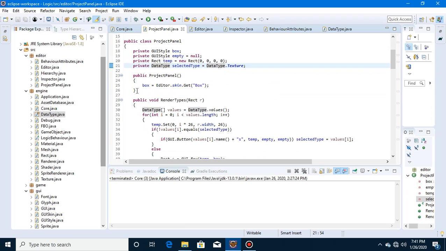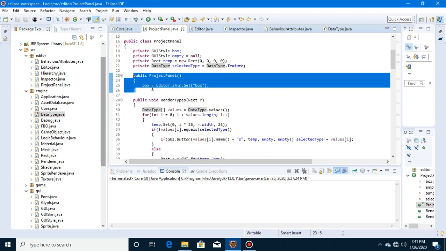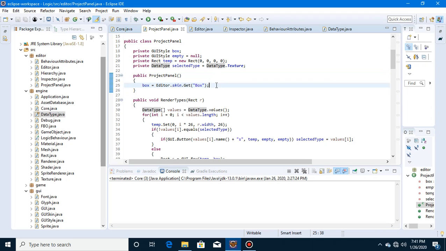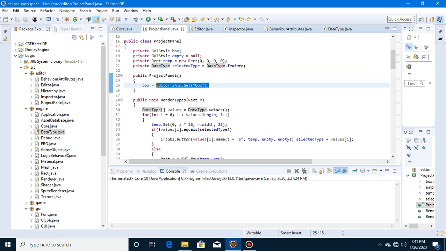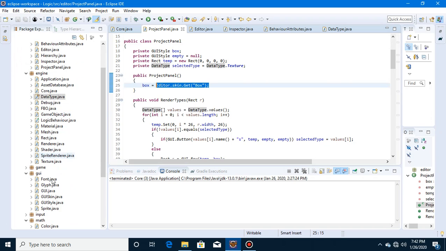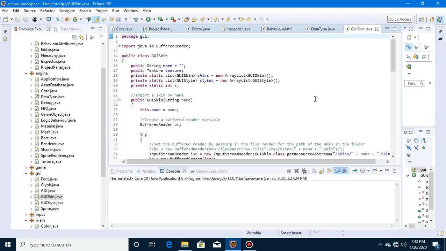So in the constructor, all I'm doing is getting the box, and I might want to show that as well, because that's something that was changed as well. Let's see here, GUI skin. So in the GUI skin,